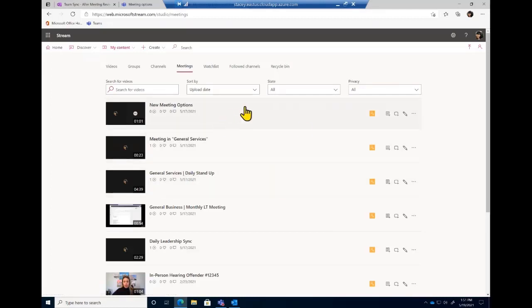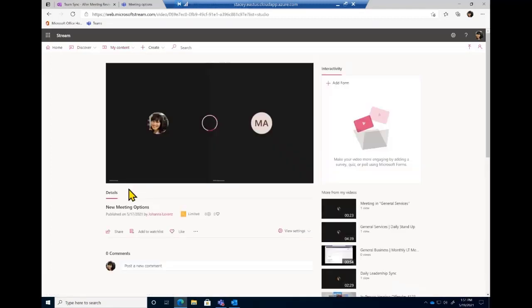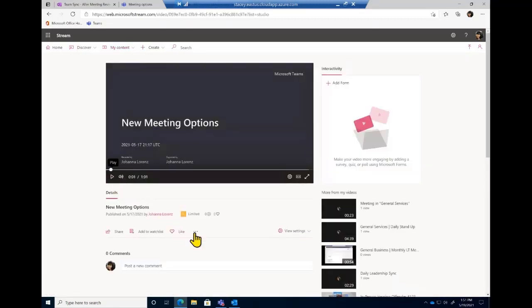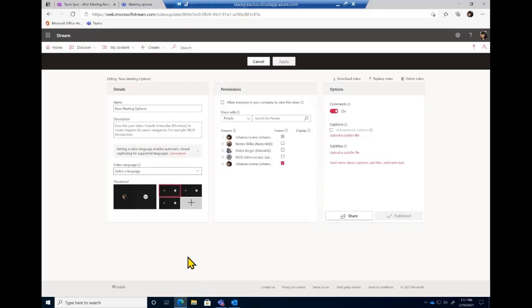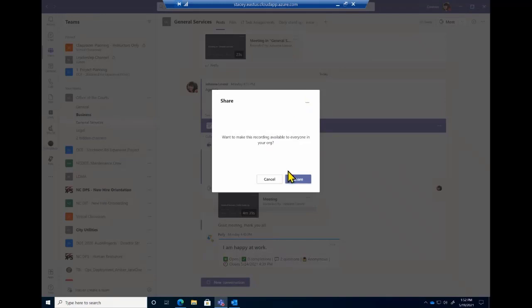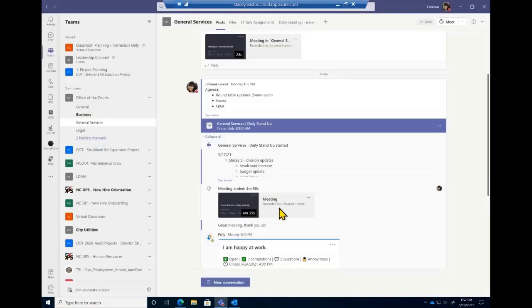And then just like before, you can edit, you can download, or you can click into it and go back to the way that it was. And then just to quickly show you before I move on, if I do update video details, that's where it takes me back to that view when it took me away from Teams. So I'm going to minimize this web browser and go back to Teams. I'm going to cancel this.